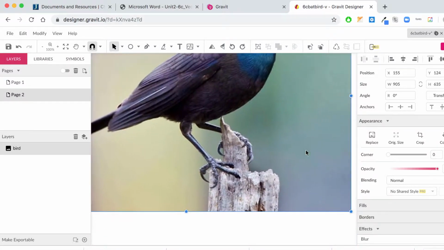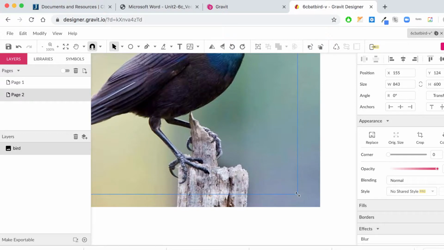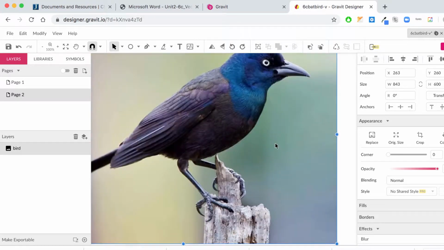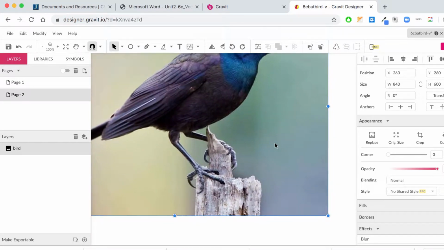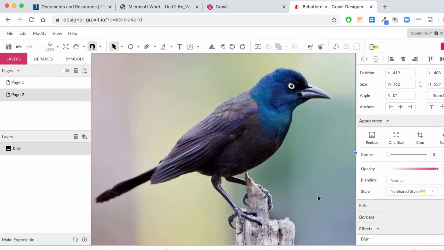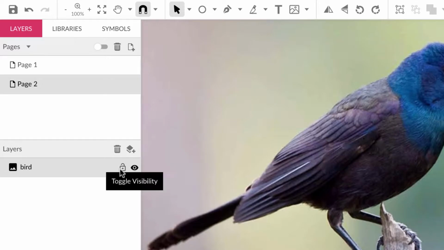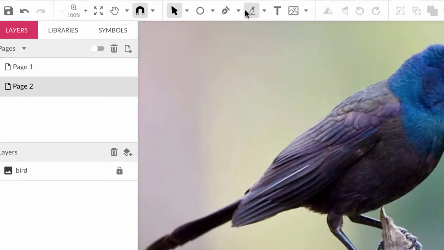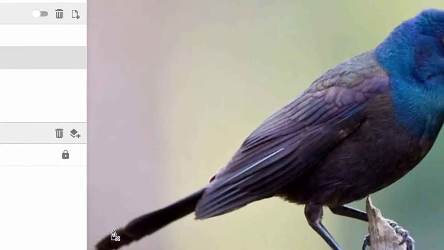So I don't know if I have to really do a whole lot here because I didn't even give a whole lot of instructions for it on the sheet. But let me make it a little bit smaller. And there's my bird. Same thing, the bird's here. I'm going to lock it, and then I'm going to take my pen tool, and I'm just going to kind of make straight line connections